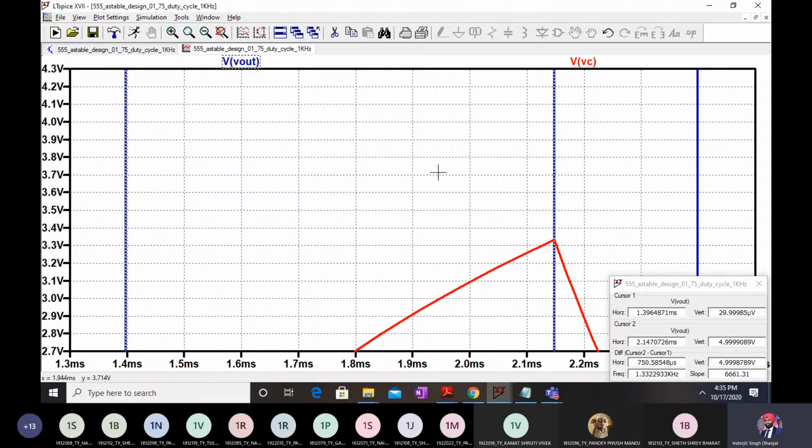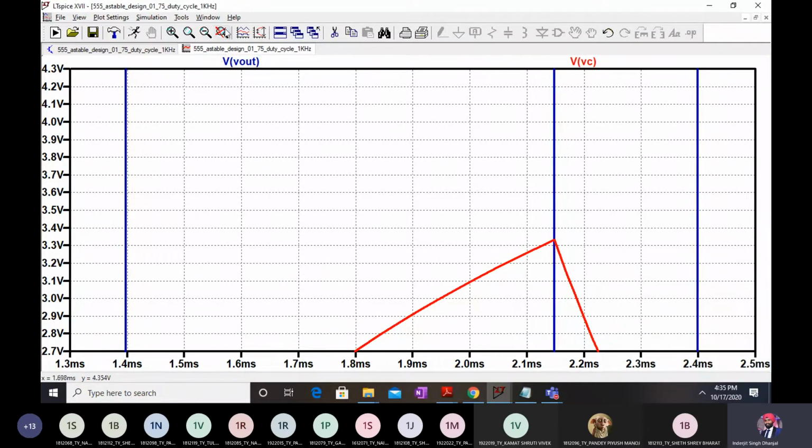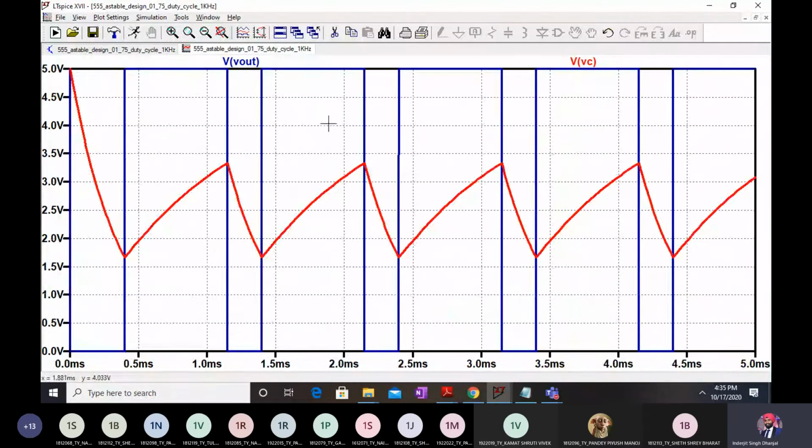Okay. How will I check my off time? Off time, I mean the T off. T off should be 0.25 milliseconds, right? So I will check it over here like this. So how much is it coming? 250.11 microseconds. That is same as 0.25 milliseconds. So here it is my off time and on time, and visually also we can see this on time is